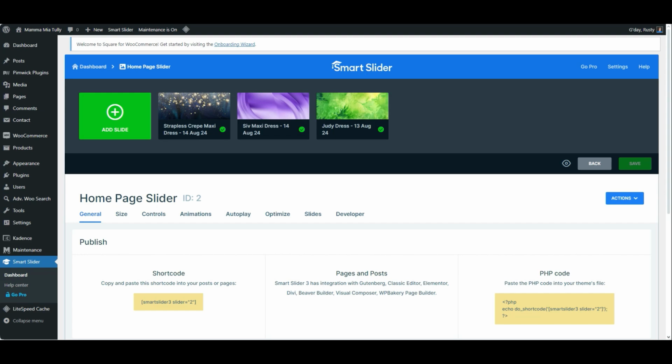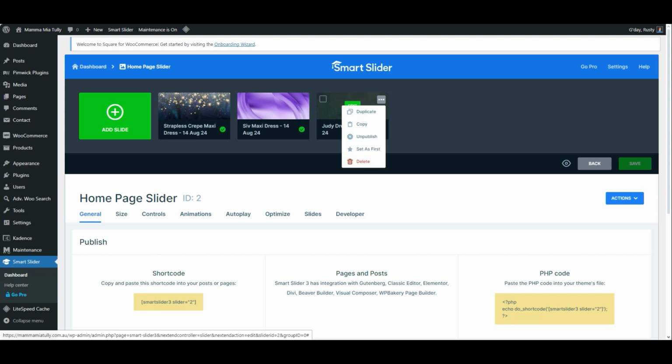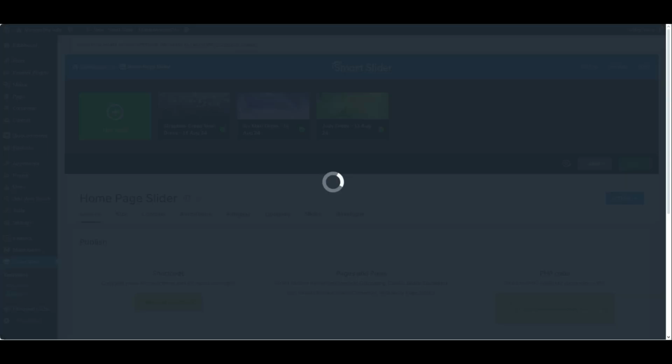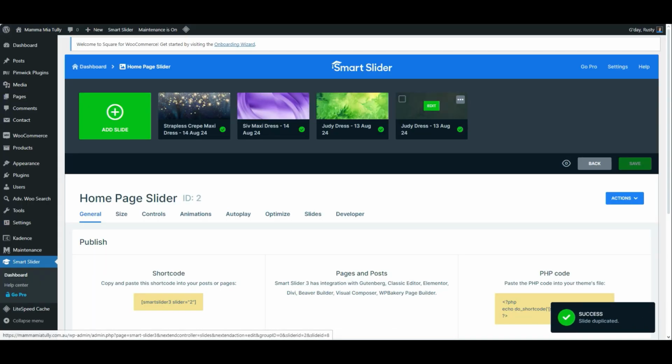The easiest way to add a new slide, rather than building it from scratch, is to go over one of your existing slides and choose this one. I'm just floating my mouse over the top of the box at the moment, and you'll see a little 3 dotted icon come up in the right hand corner. Click on that and choose duplicate. And now you'll see I've got 2 of the same slide here. We're going to edit this one. Obviously, to go in, we're going to click on edit,